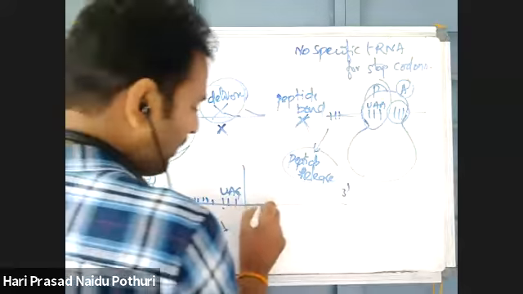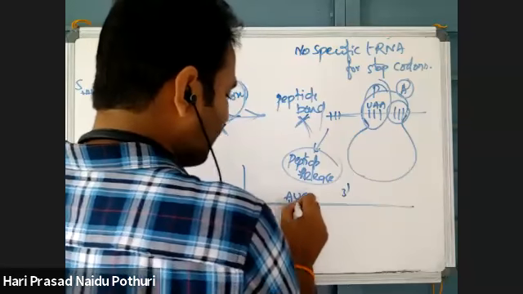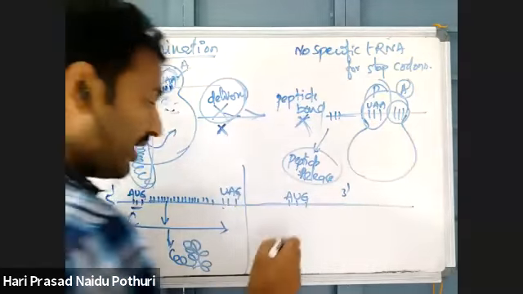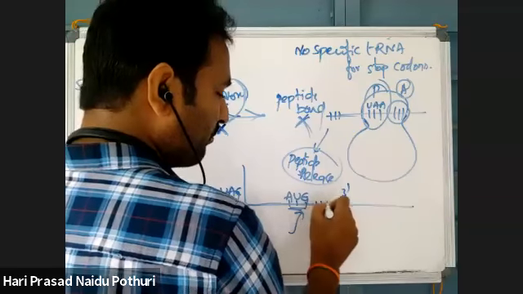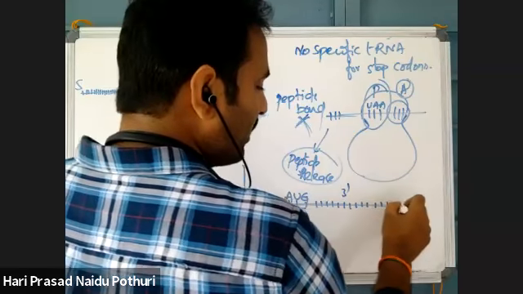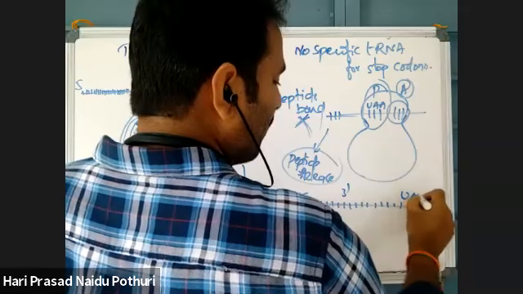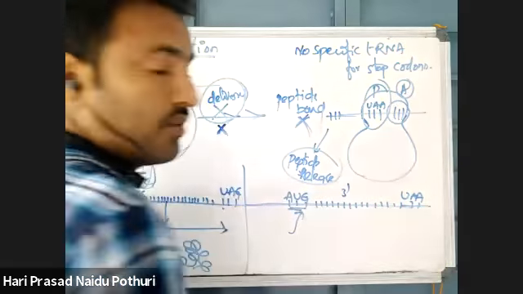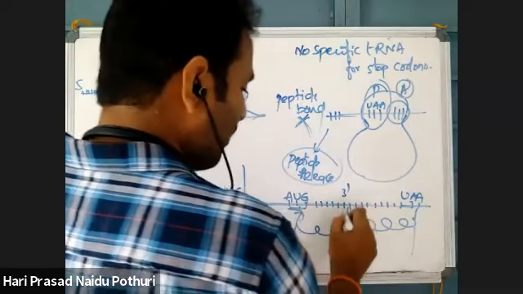And in the same mRNA, suppose somewhere again AUG is there, then there again protein synthesis will begin because there is a start codon in the reading frame. And again if there is any stop codon, there the process will stop again. From here to there is synthesis of a peptide.